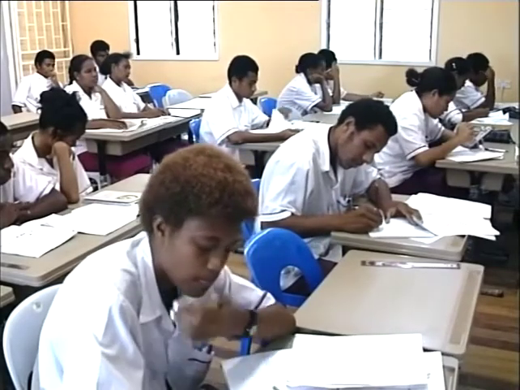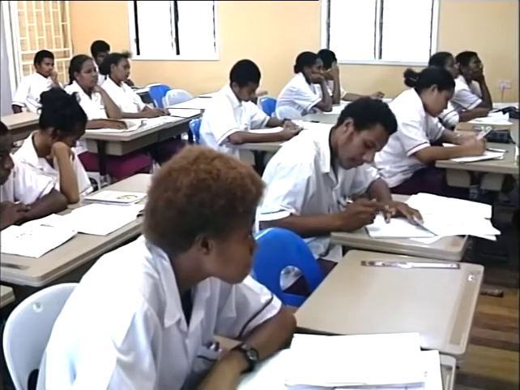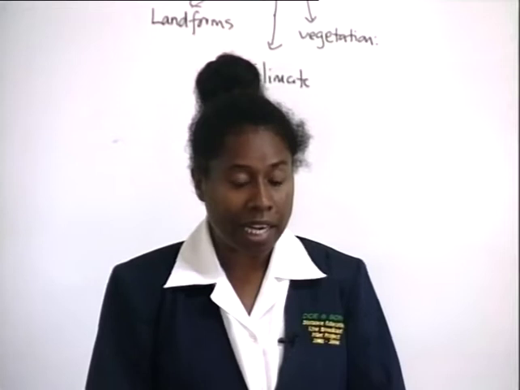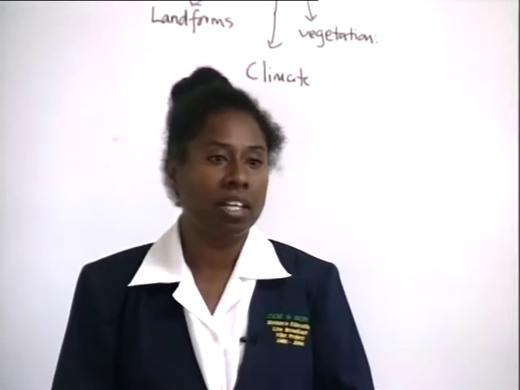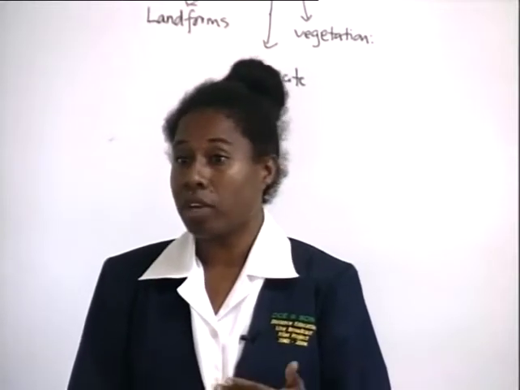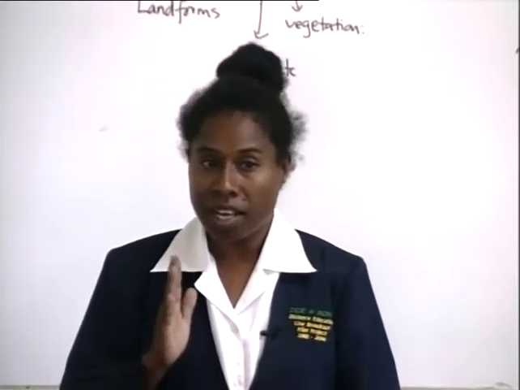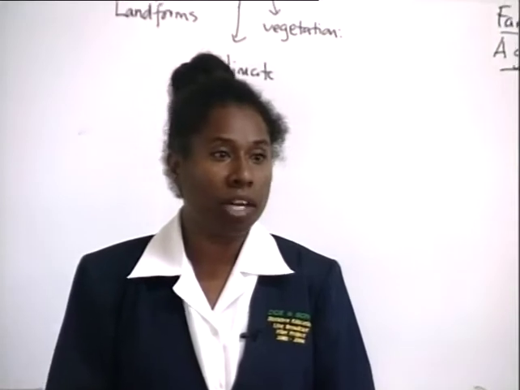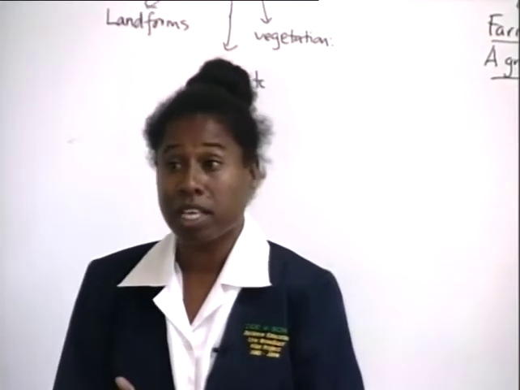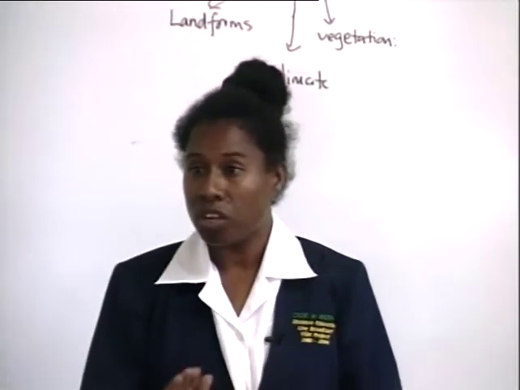Therefore, when we look at generally the natural vegetation of that particular island, Java, much of the tropical rainforest has been cleared for agriculture. Why agriculture then? Agriculture is very necessary in order to cater for the needs of the large population that is there on that particular island. Because we have, from the readings here, it tells us 60% of the total population of Indonesia lives